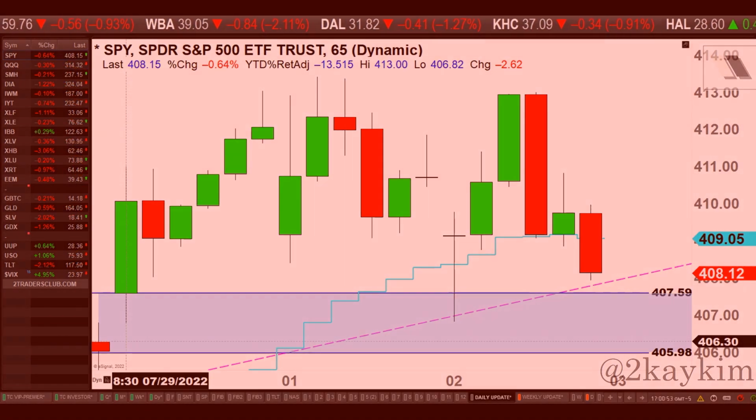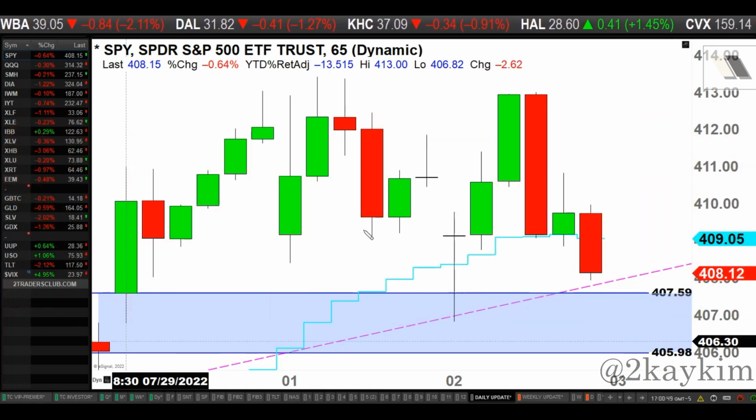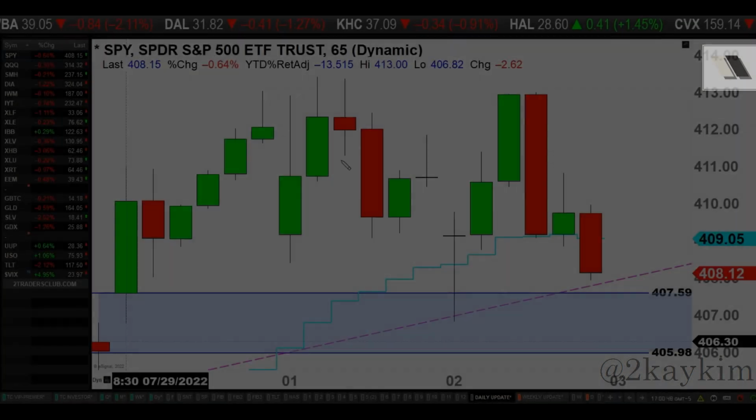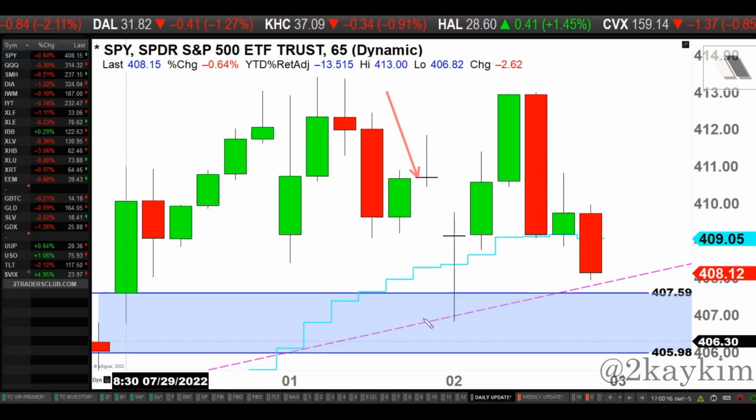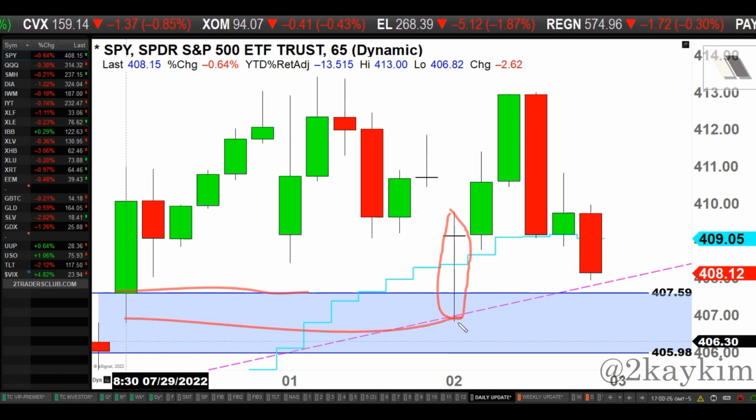Let's do the S&P 500 ETF, Spider. 65-minute chart here. So this is where we closed yesterday, and looks like we actually saw a gap down this morning. As you can see, we opened here, and on that first hour you see that long lower wick. On that first hour, bears went for it to push it down. They went down as low as the gap area, about 407, 406, which is a level we talked about